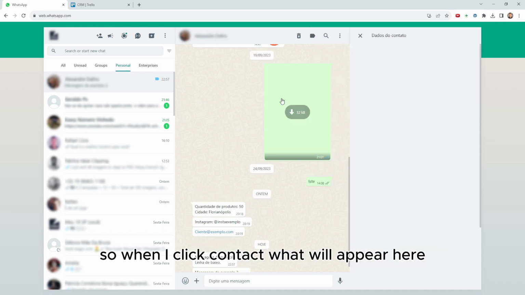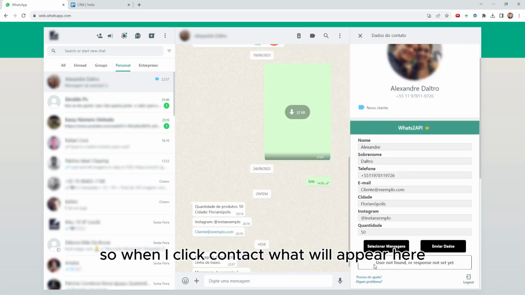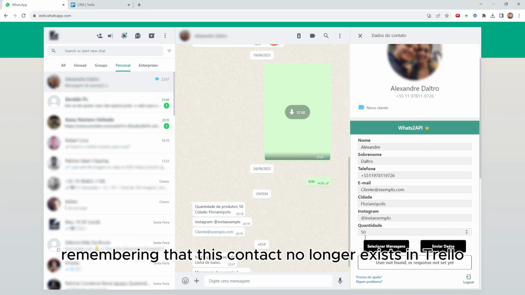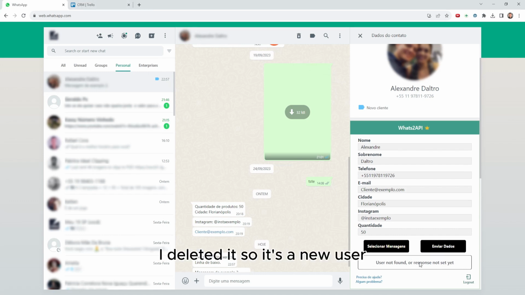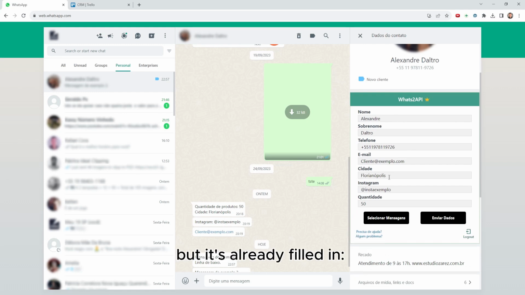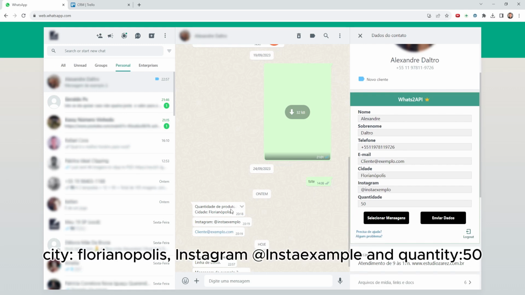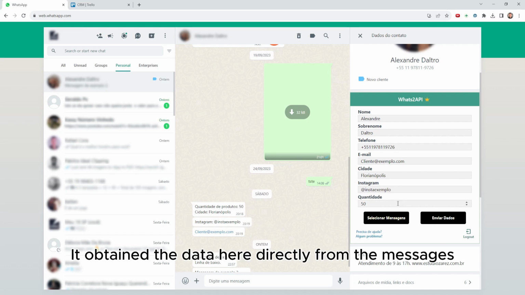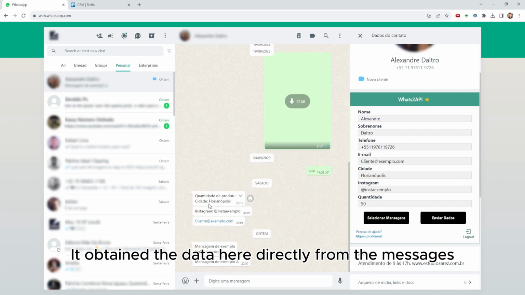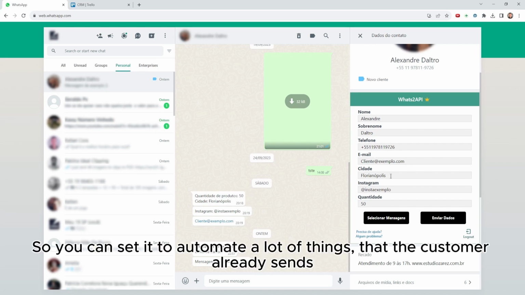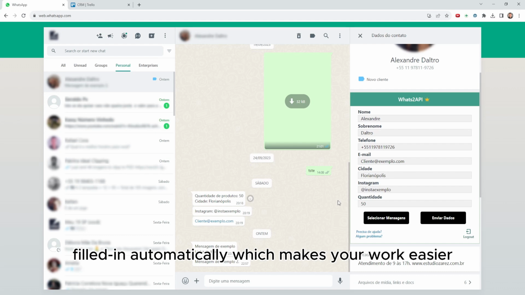So when I click contact, what will appear here? Remembering that this contact no longer exists in Trello, I deleted it, so it's a new user, but it's already filled in: city, Florianopolis, Instagram at Insta example, and quantity 50. It obtained the data here directly from the messages. So you can set it to automate a lot of things that the customer already sends, filled in automatically,